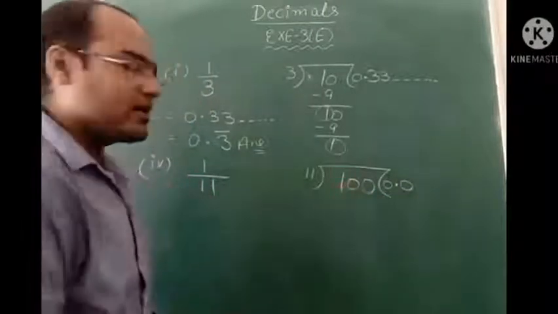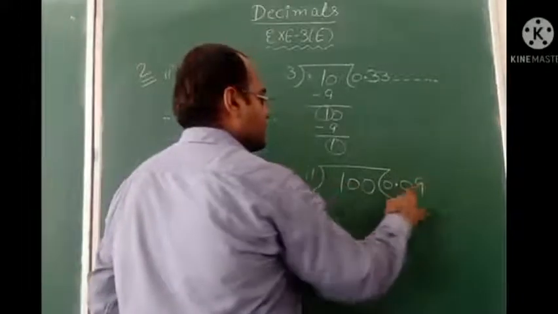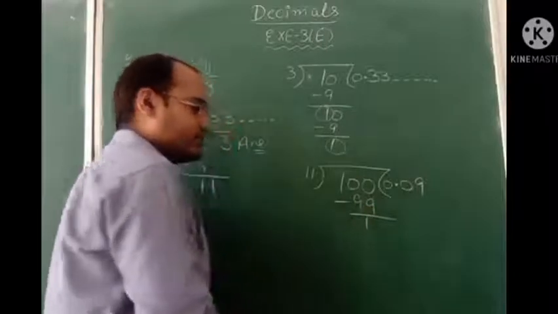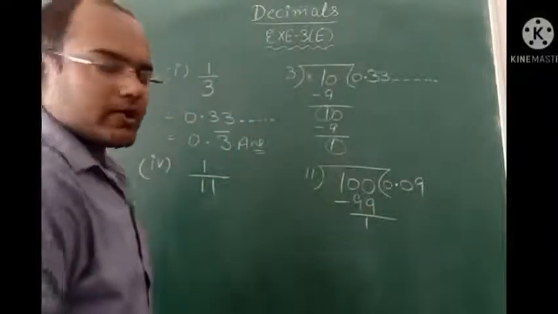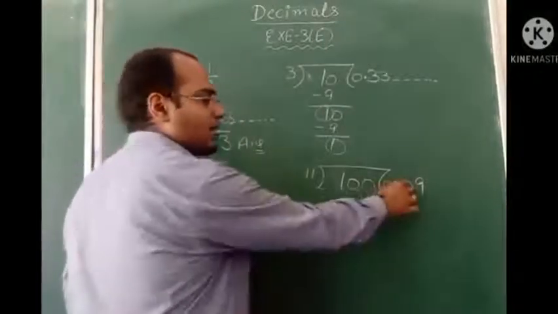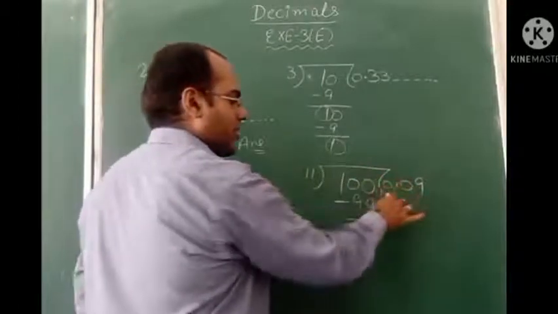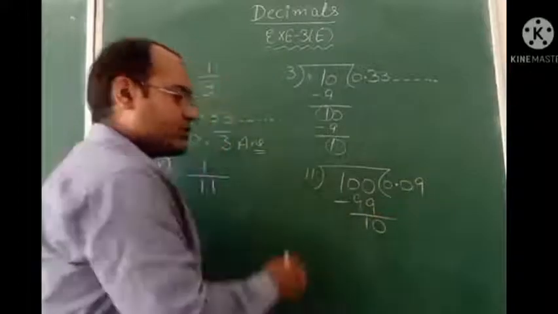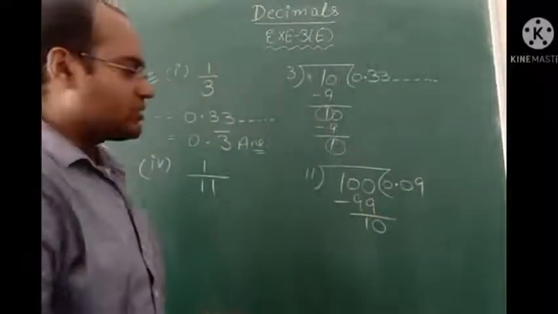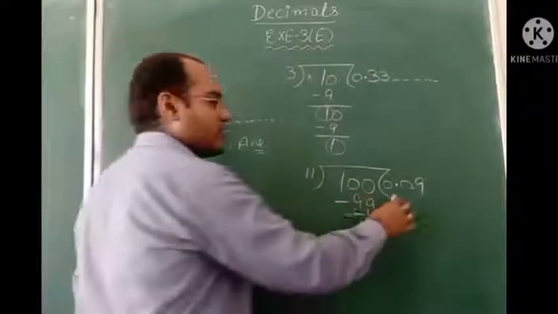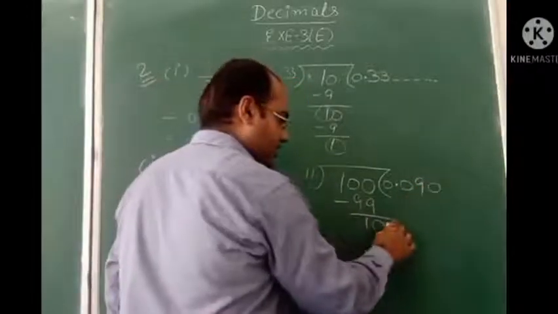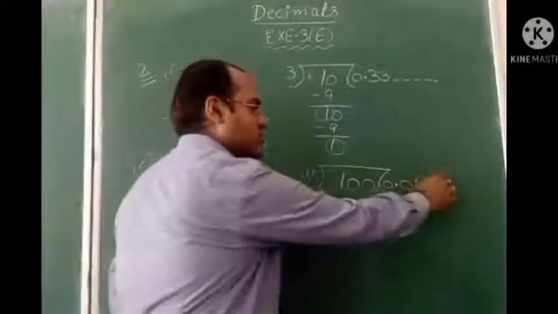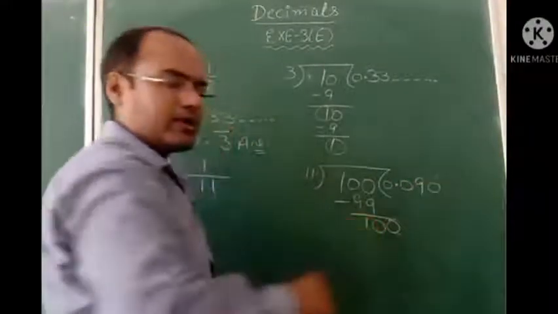Now this is 100. 11 9 ja 99. On subtracting it, remainder is 1. Now 1 is not divisible by 11. This is the remainder. Point is already there in the answer. Because of this point we will add here 1 0. This is 10. 10 is not divisible by 11. So what we will do, again we will take 1 0 here and in this 10 also we will add 1 0. So in the answer also we are adding 0 and here in the remainder also we are adding 1 0.